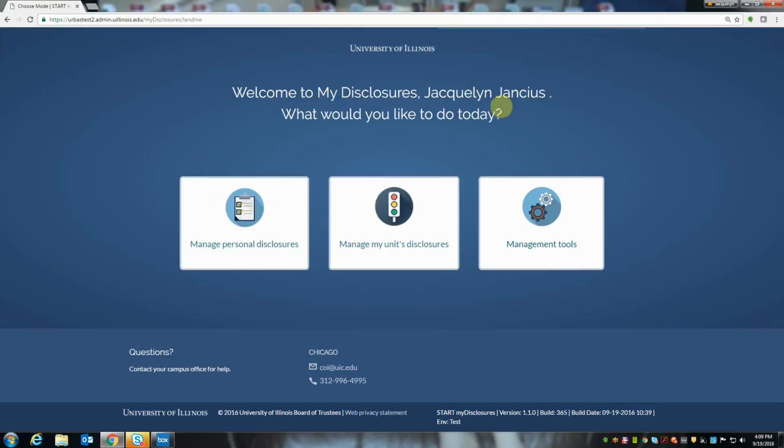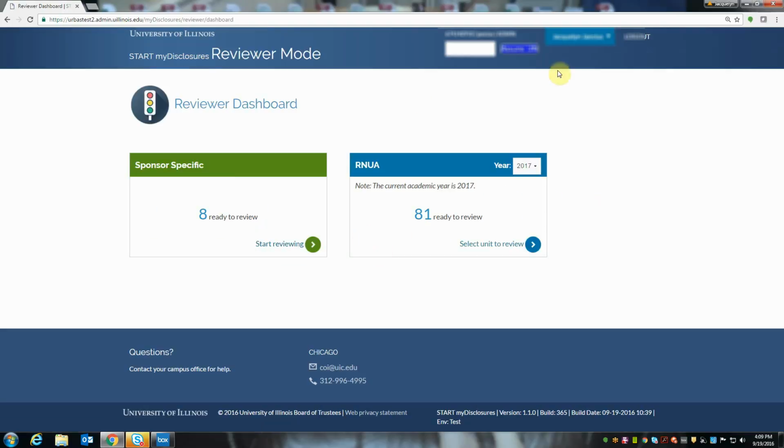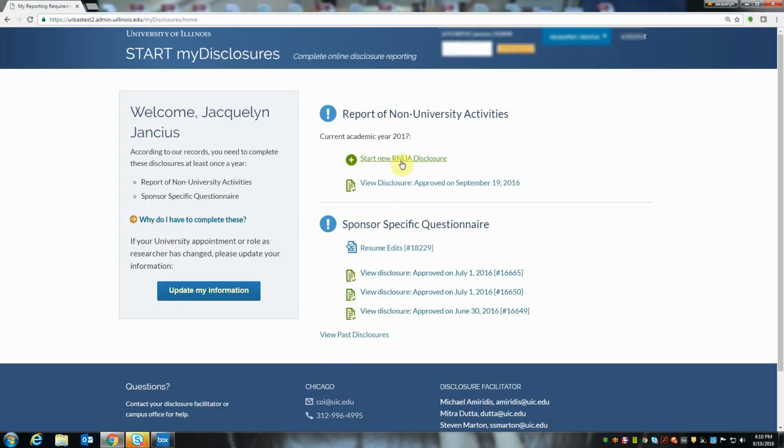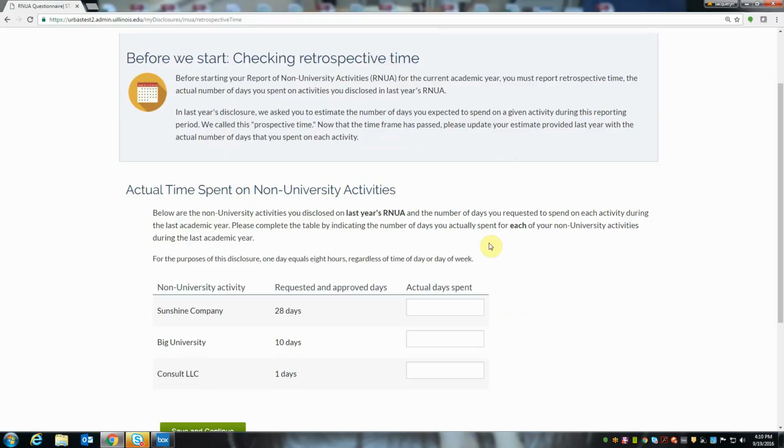So I'm going to exit this user, and I'm going to go in as another disclosure and just show you the process for submitting a disclosure. When someone is returning to the system and has spent time on activities, the application will ask you to report your retrospective time. So in this section, you'll actually enter the retrospective number of time, and